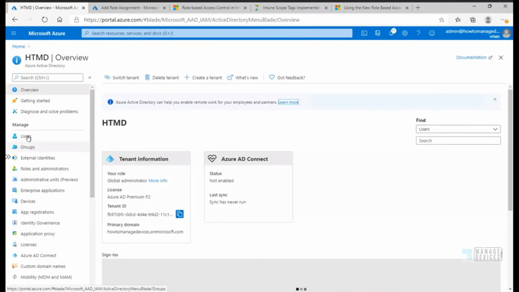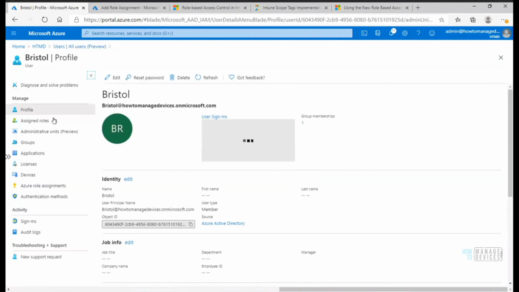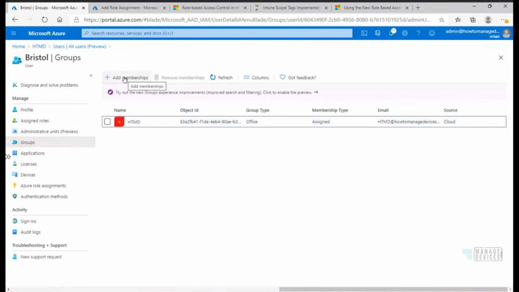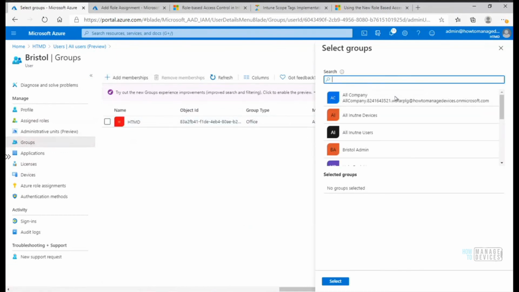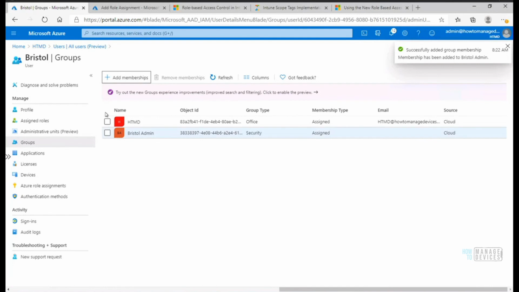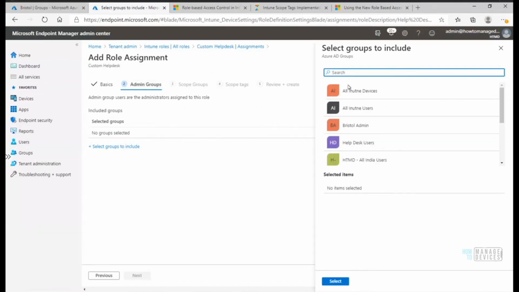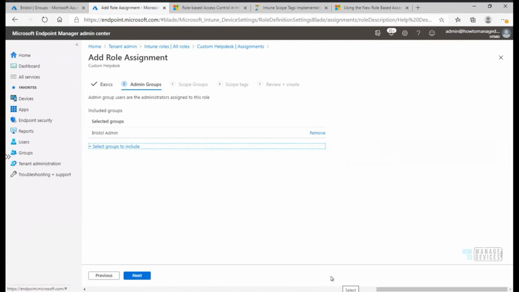Maybe I need to go to users and Bristol, groups. Let me add a group from here. I don't know whether that will work or not. Okay, so this Bristol user is part of the Bristol admins group. Right, now let's add this admin group over here. So Bristol admin, and